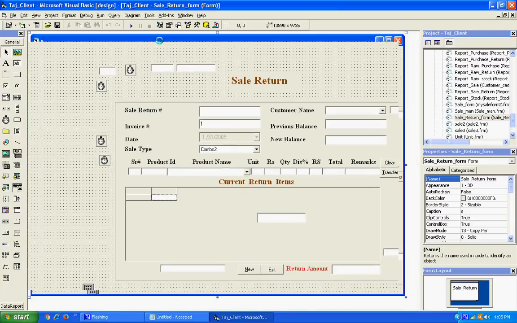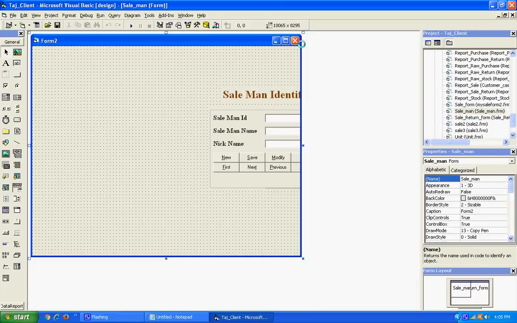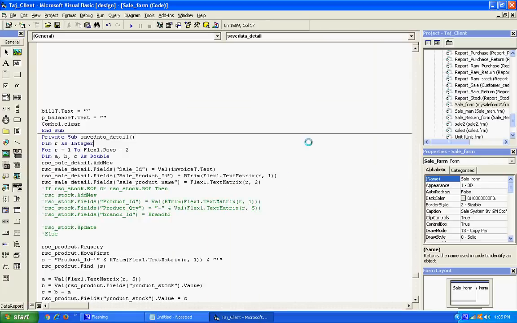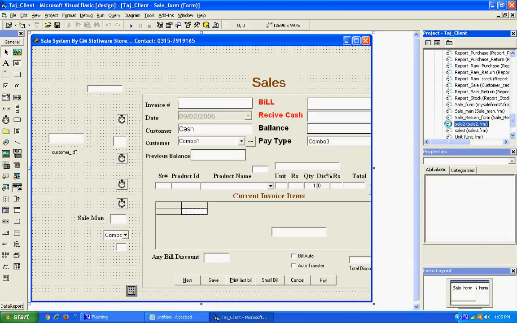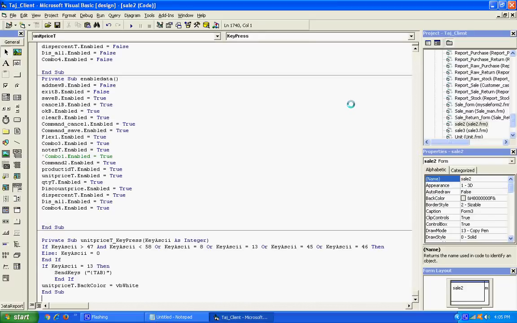First of all, I'm going to the sale form. Yes, this code I need to copy to sale 2 and sale 3 forms also.